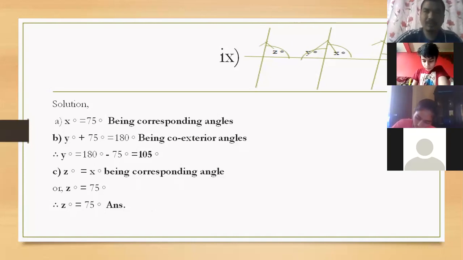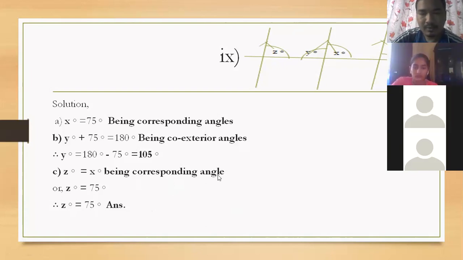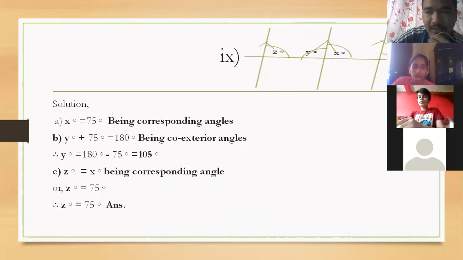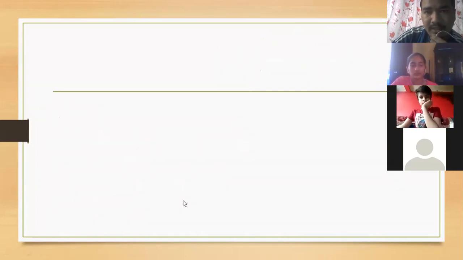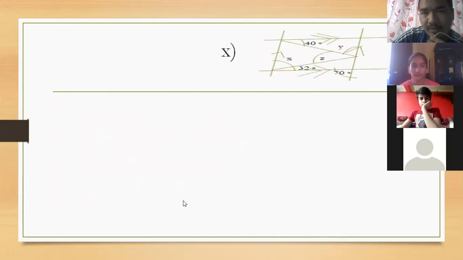Yes, sir. Good. Now look here. I am going to show you the next one. Wherever you feel difficulty, please tell me. Okay, I will explain again. Okay, children. Okay, sir. Wherever you find confusion, please tell. And look on the screen, okay? And look here, in this one, number 10, look here.